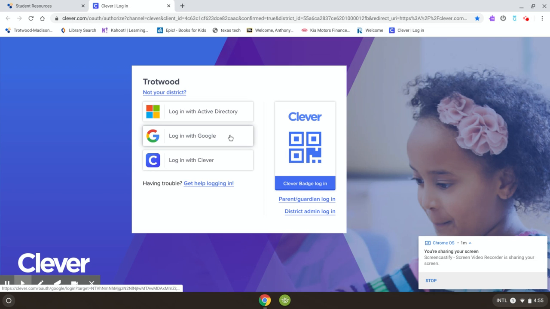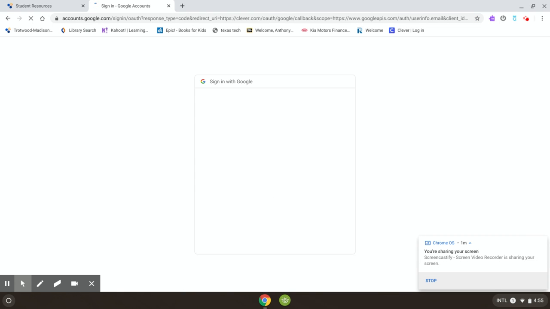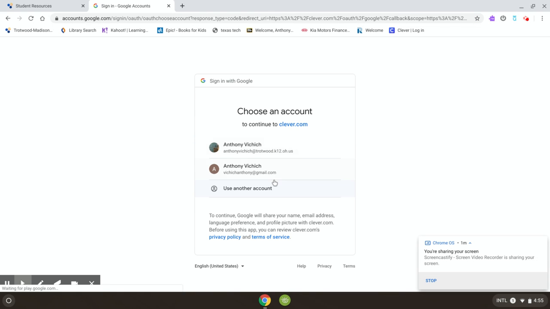To log in, you're going to want to log in with Google. Once you click that, you'll see a list of names or no names, depending on if you've done this before. You may see your parent's name or maybe your brother or sister's name. You want to make sure you log into your school account or your child's school account. You'll want to click Add Another User,